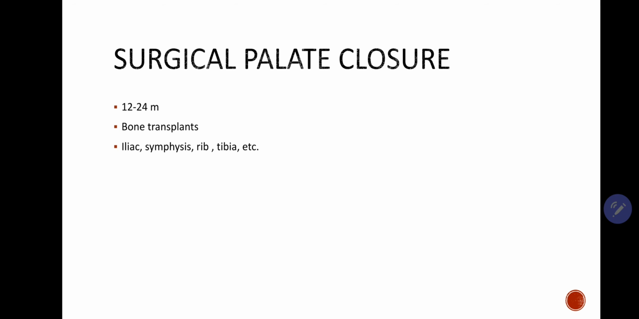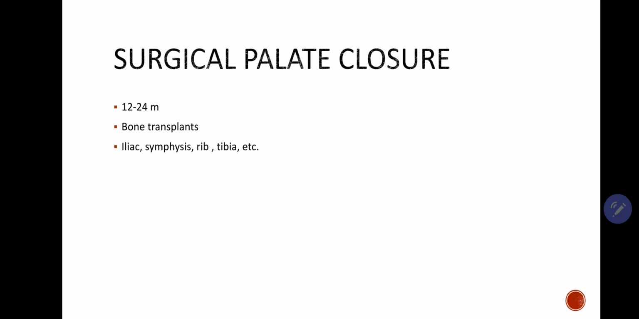So bone transplant, which is mostly taken from the iliac crest, symphysis, rib or tibia, is placed between the two structures which are not uniting. So into the cleft, the bone is transplanted, and then a palatal closure is done. So once it is done,